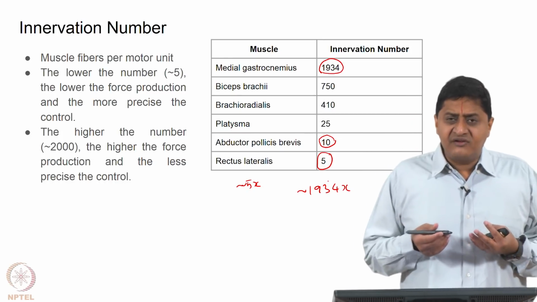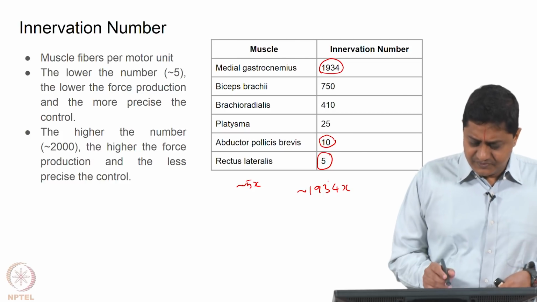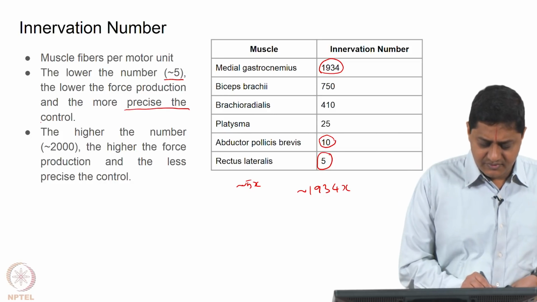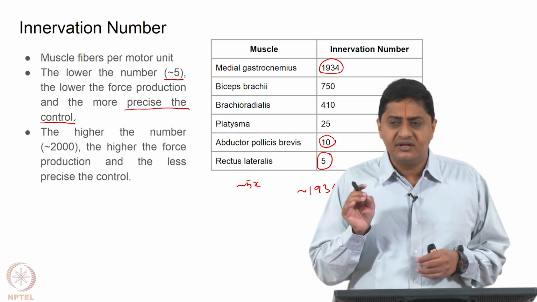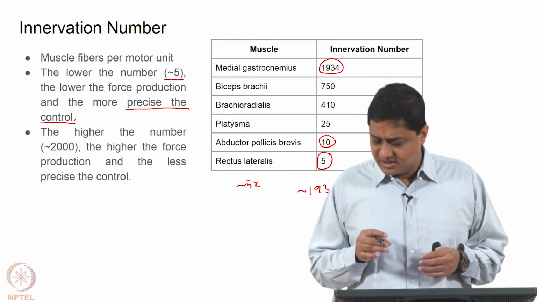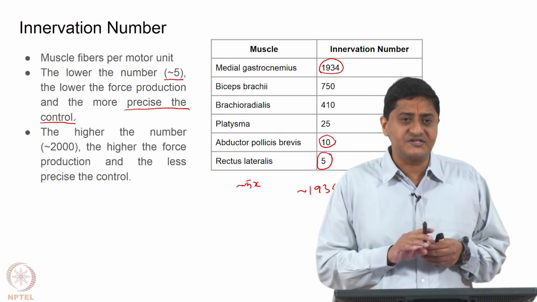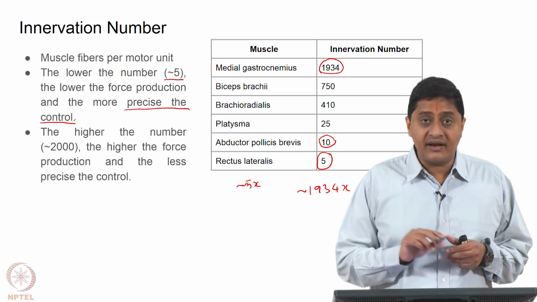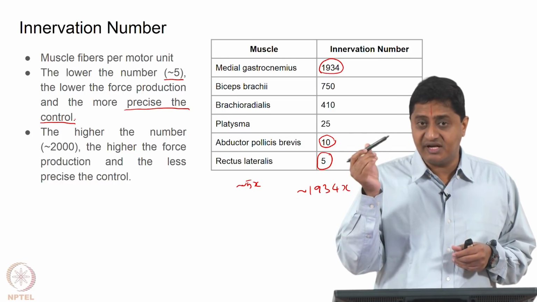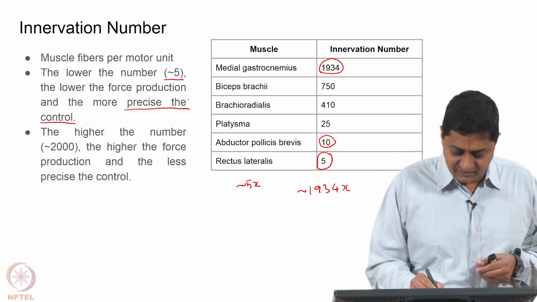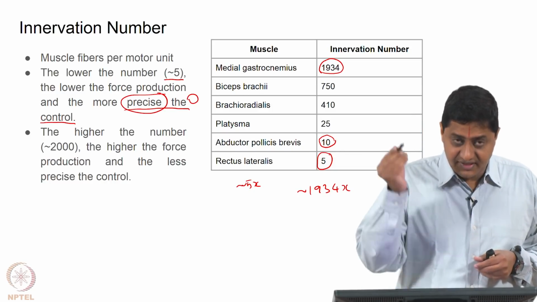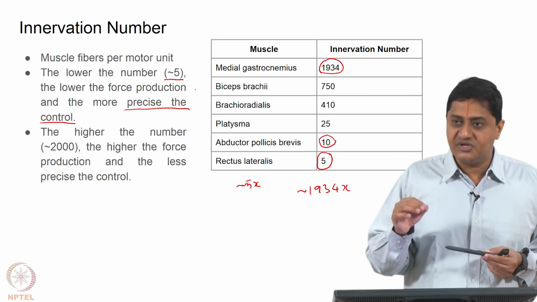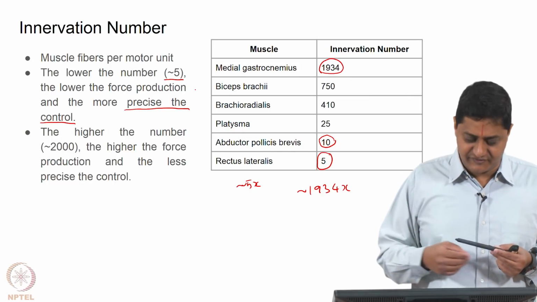So, in general, why have this arrangement? That is a question. Why? Because it is necessary for me from time to time to produce forces with precise control. There are times when we as humans need to manipulate objects with precise control. This is the case of, say for example, manipulating an object, a finger or handheld object. Say I am writing with this pen and I am marking things here, I am circling things here, things like that involve precise control of forces with my fingers. So, that means I am more interested in the fineness of control.